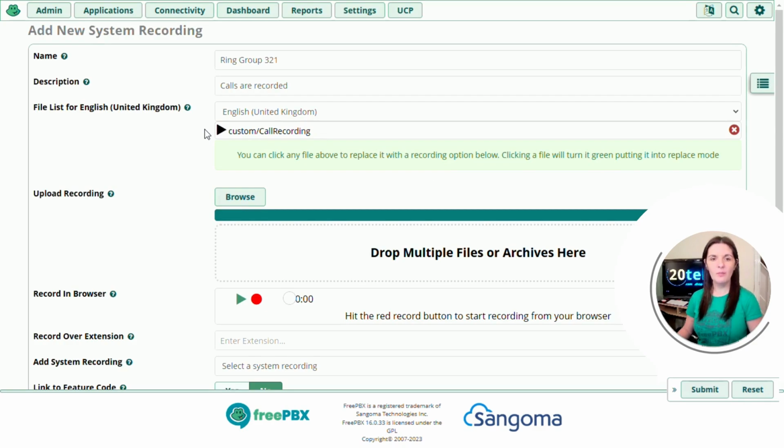So this is really good, being able to play back, because then you can just make sure that you have chosen the correct file. So if we go underneath, let's see what else there is that we can do. Record in browser. So you can record something live on this page. I'm going to do this now just to show you how it works. So if I press the red record button,